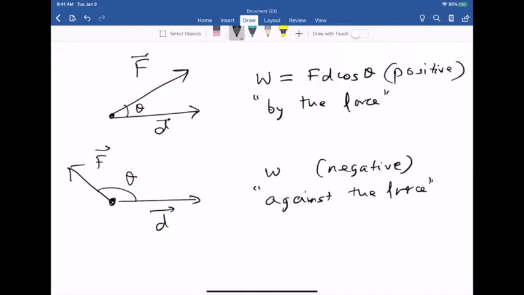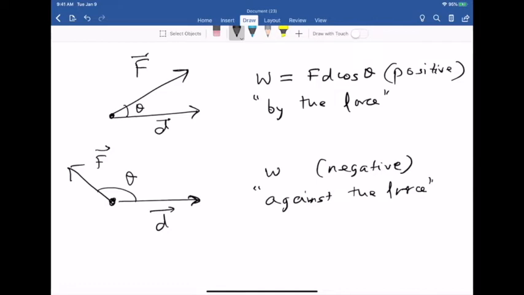So it keeps moving to the right for a while. That's one possibility. Another possibility is that there might be more than one force. So there might be other forces which are pushing the object to the right. So in any case, if the force and the displacement make